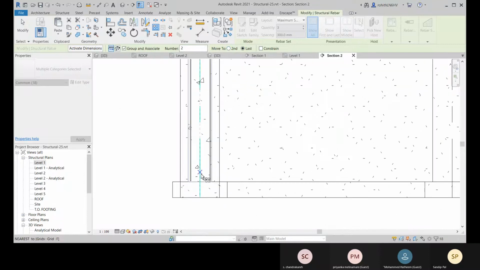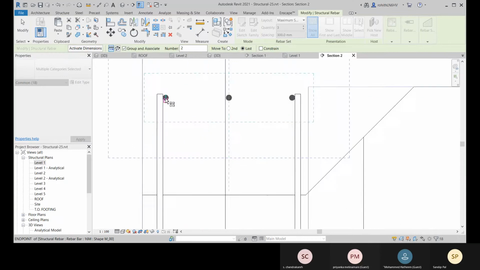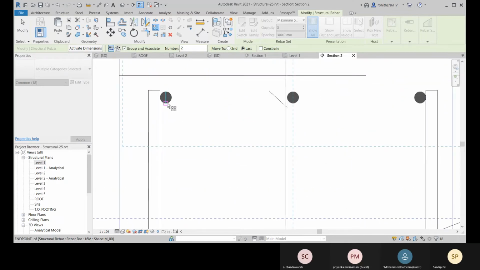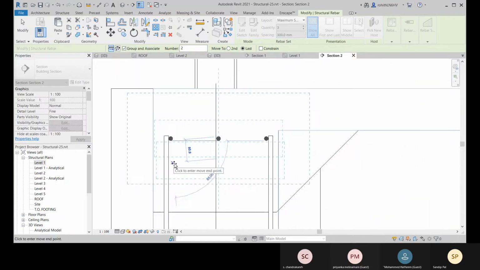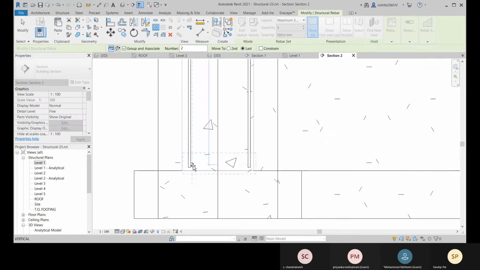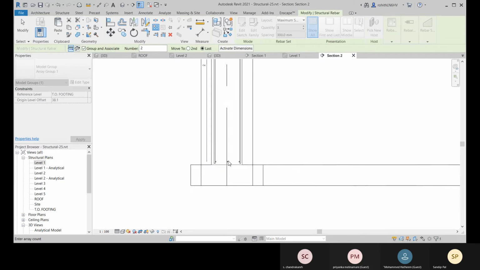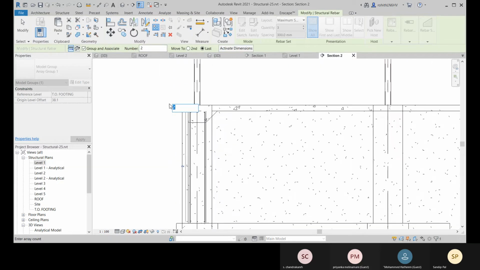So let me just go with this one. Let me place it here. Okay, and about the number, if you know the length, you can specify the number, so accordingly you will get it.